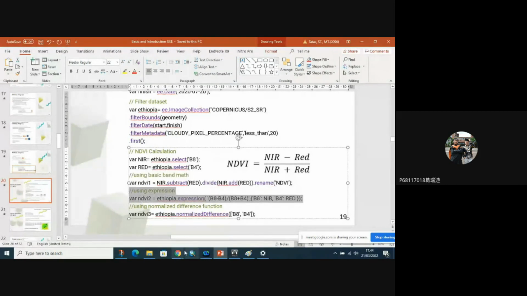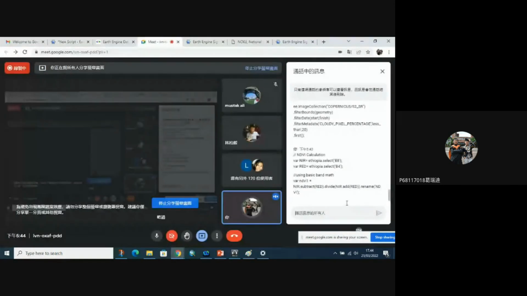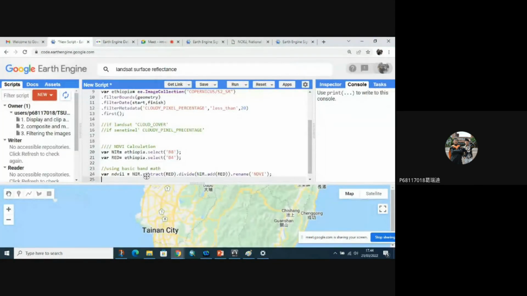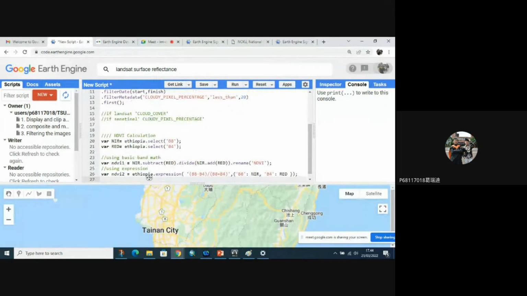Okay, I will copy to all of you because we run out of time. This is the second NDVI. We use the expression function. We take B8 subtract B4 and divide it by B8 added to B4.